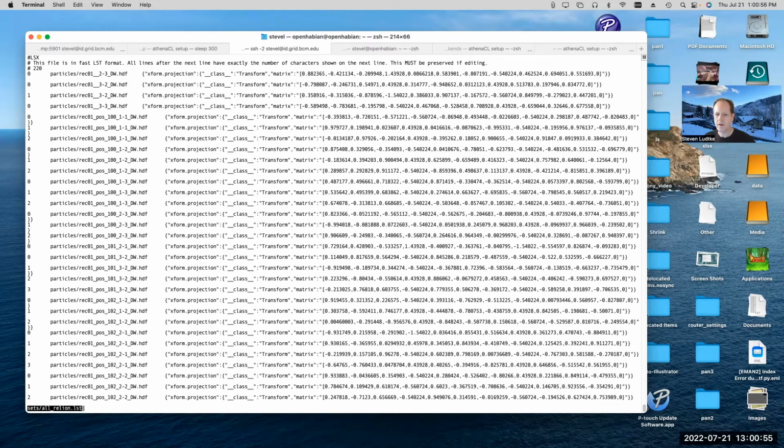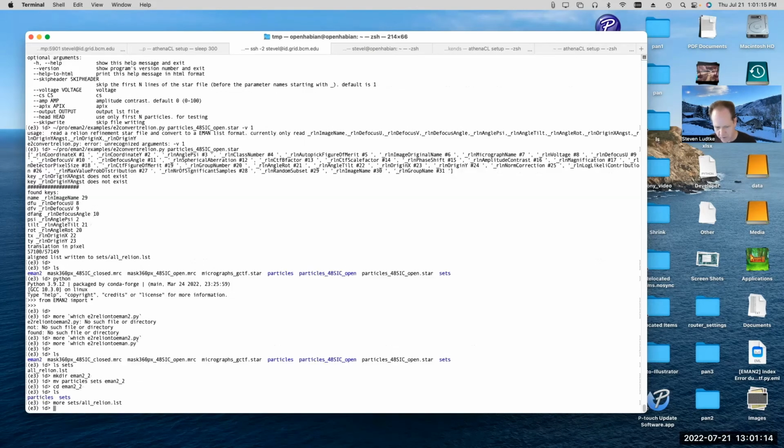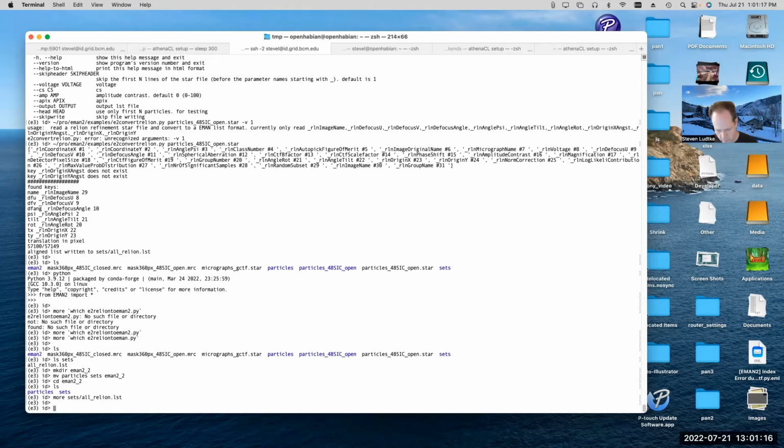Okay, so you can see that the LST file here, for each individual particle, has the transform information, the orientation information for each particle. The information about the defocus and that sort of thing would have been stored in the image headers.